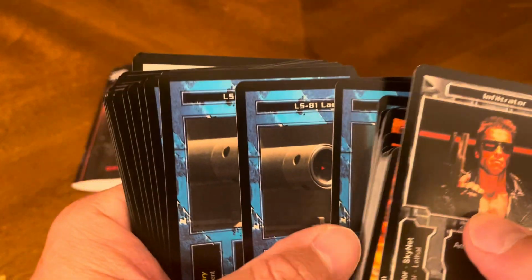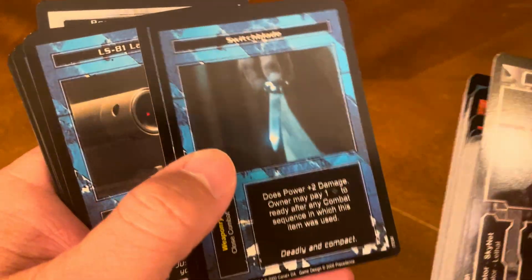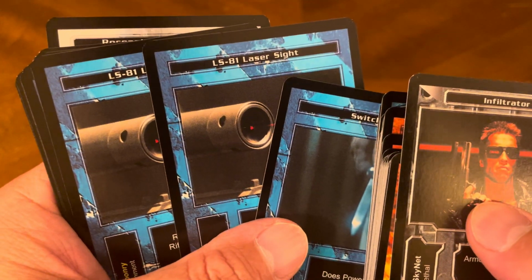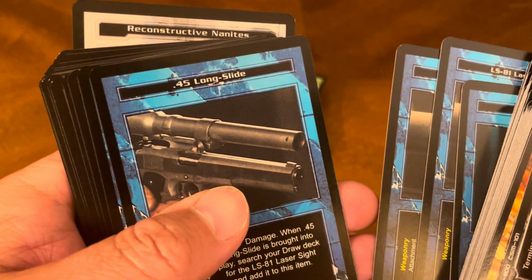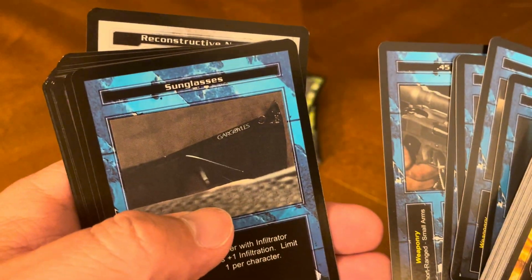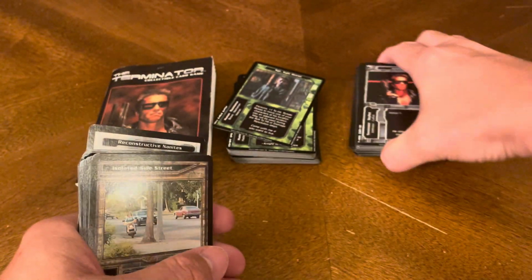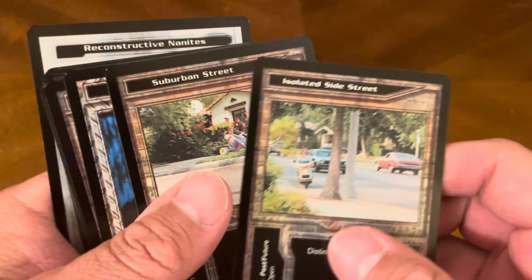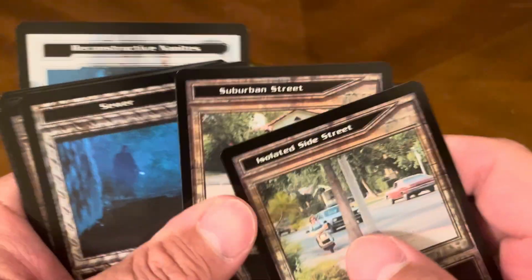LS81 laser sight. So these are your searching. The Terminator searches and picks up weapons. Here's what he finds. He's got himself a switchblade, LS81 laser sight, 45 long slide, sunglasses. Okay. And then what we also have here again are the locales, which is isolated side street, suburban street, sewer,